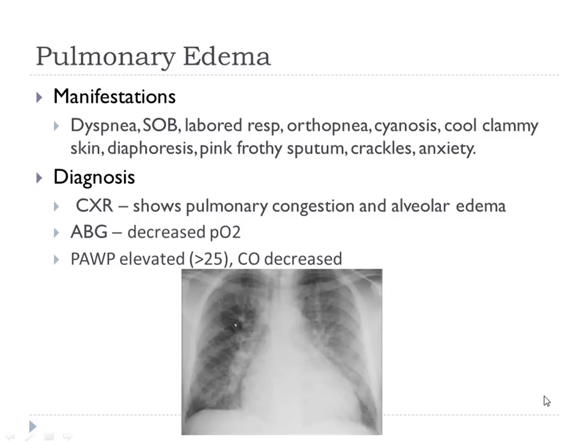Not good. All right? Talk about the ABG, low oxygen. And another thing that maybe you have looked up is a pulmonary artery wedge pressure or pulmonary artery capillary pressure. This is the measurement of the pressure in the pulmonary artery when it is occluded, and we can occlude the pulmonary artery with a very advanced catheter. As that is increased, that just tells us that there's increased pressure in the pulmonary vasculature, which pulmonary edema is caused from, right?